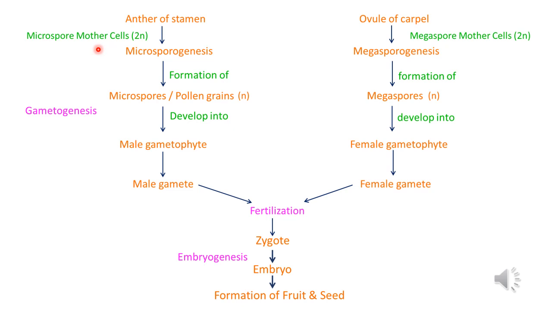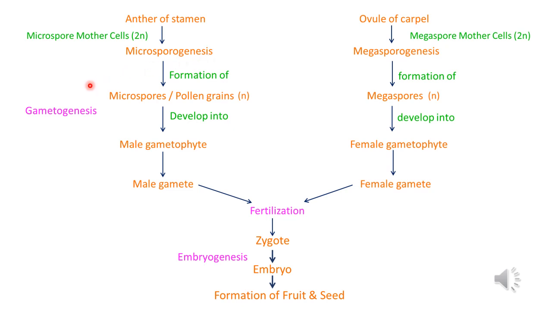Each microspore mother cell is diploid in nature, which undergoes meiotic division or meiosis to form microspores or pollen grains, which are haploid. This process of formation of microspores or pollen grains from diploid microspore mother cell is known as